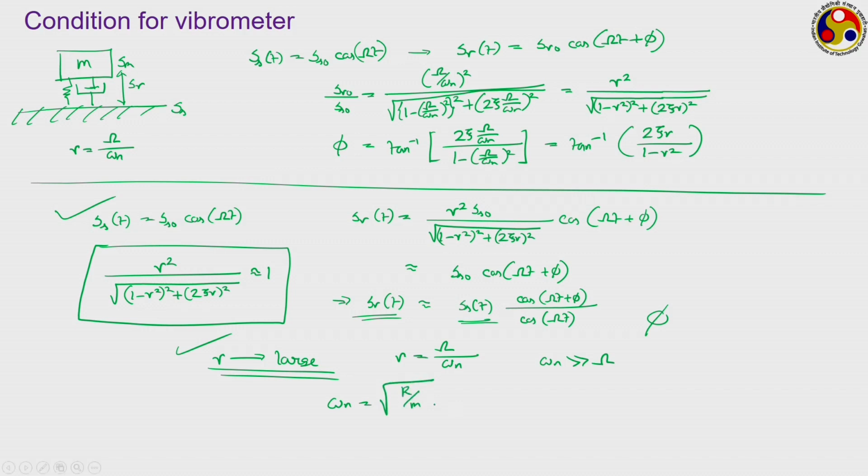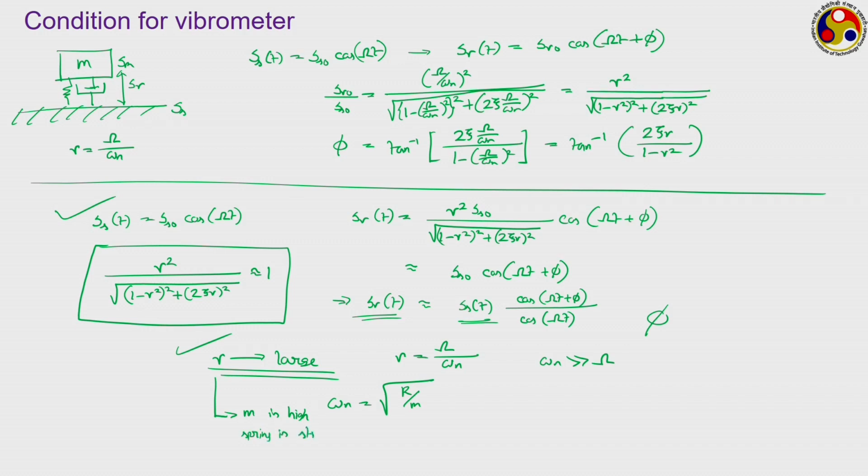It is root over k by m, where k is the spring constant and m is the mass. So, we want this omega n to be very large, that is we want very high natural frequency of the system, and that is possible when we have either the mass is very high or k is small,